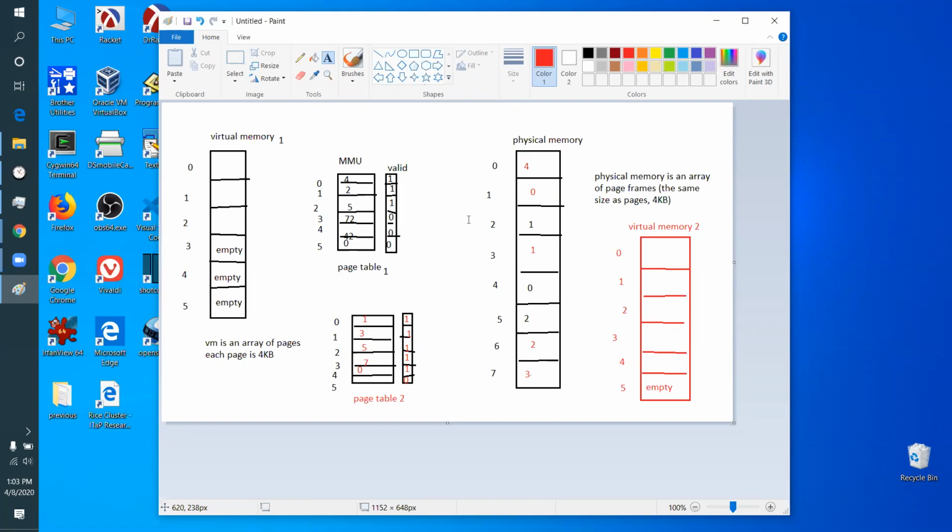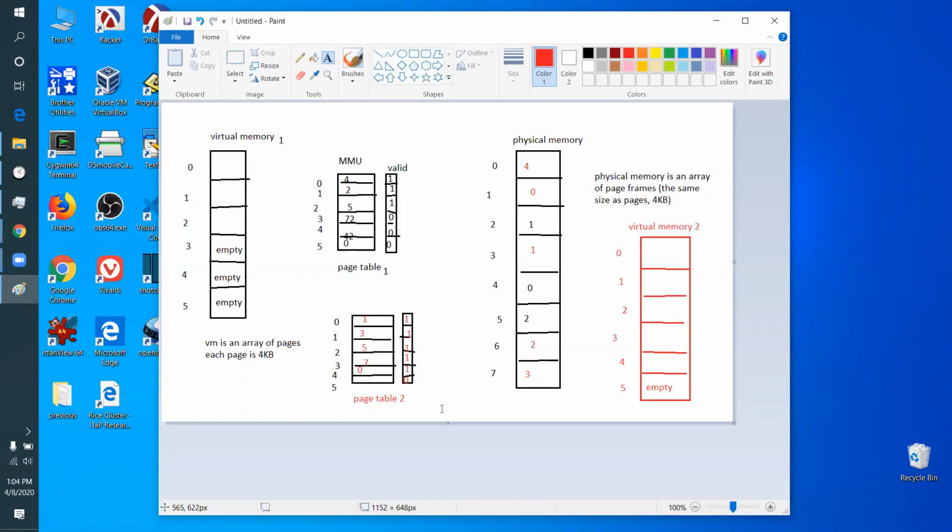Usually, we'll see in a while that there's going to be huge numbers of these page frames. We haven't talked about how many of these there are, but you can actually figure it out real quick. They're 4 kilobytes. And if you have 8 gigabytes of physical memory, and 4 kilobytes is 12 bits of addresses. In a 64-bit computer,